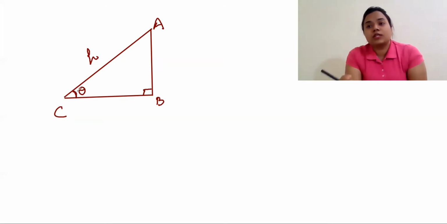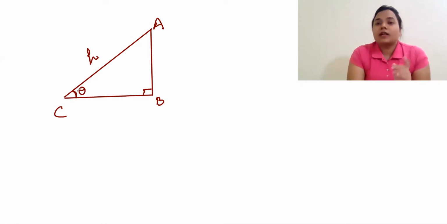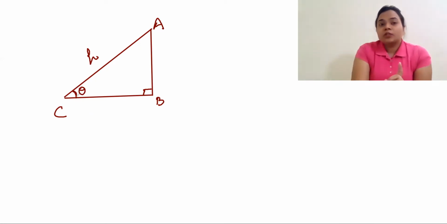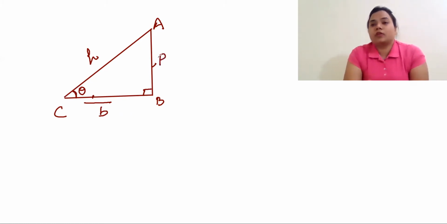And now we have to see which is the perpendicular and which one is the base. You will say, ma'am, we can take any one. Yeah, that is correct. But if theta is specified, then the side that contains theta is the base. Which side is containing the theta? This side. So this will be the base, and the side which is left will be the perpendicular. Hope I am clear with this.